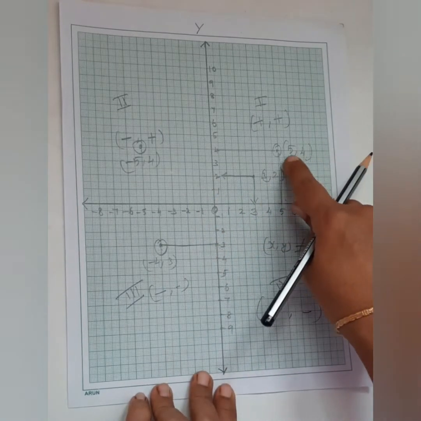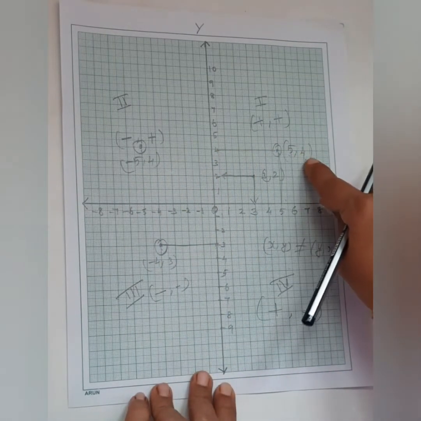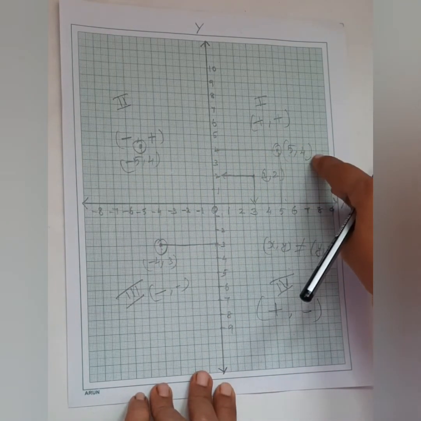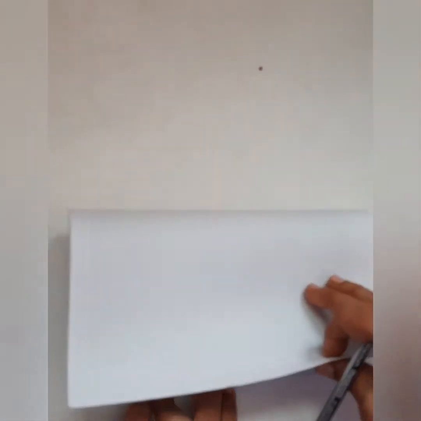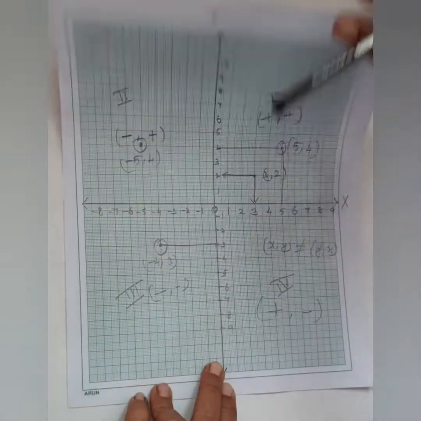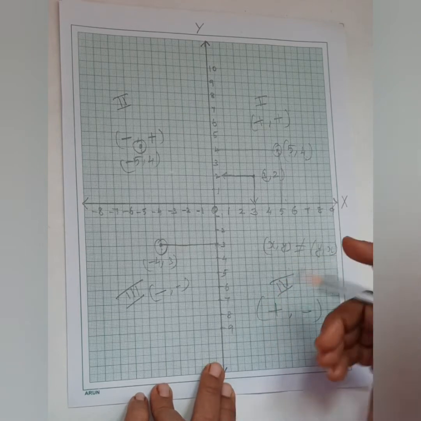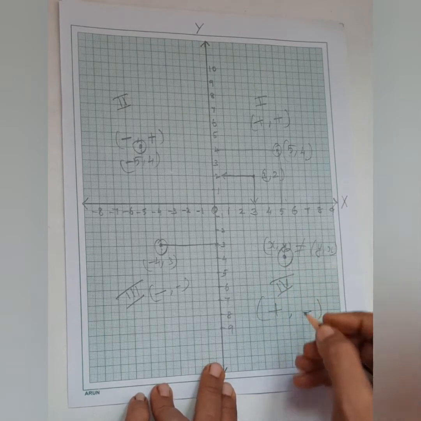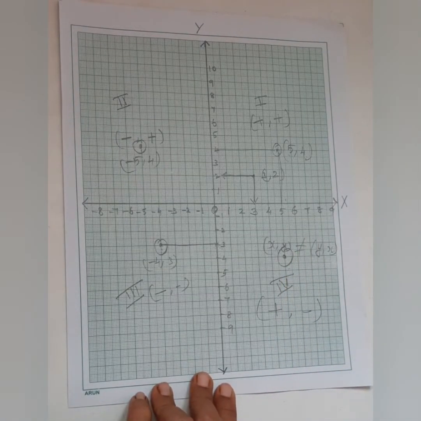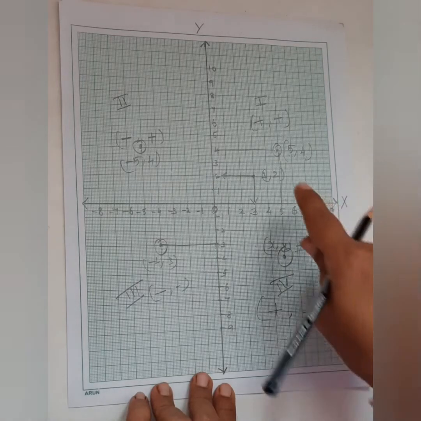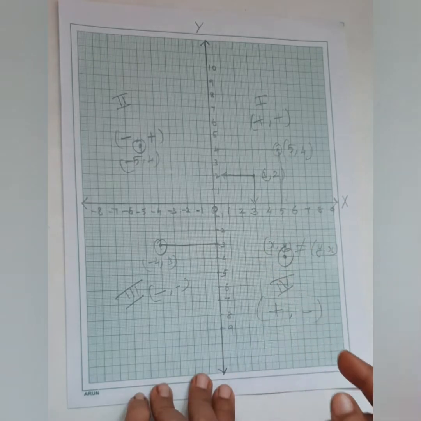Based on the y-axis, the mirror image of 5 comma 4 is minus 5 comma 4, whereas the mirror image of 5 comma 4 based on the x-axis means you should imagine this being folded along the x-axis, and where it will be located. Obviously, in this place, it is nothing but 5 comma minus 4. This place, 5 comma minus 4. So mirror image means just imagine we are folding it. If you are keeping paint over there, where will it go and give the image? That is called the mirror image.